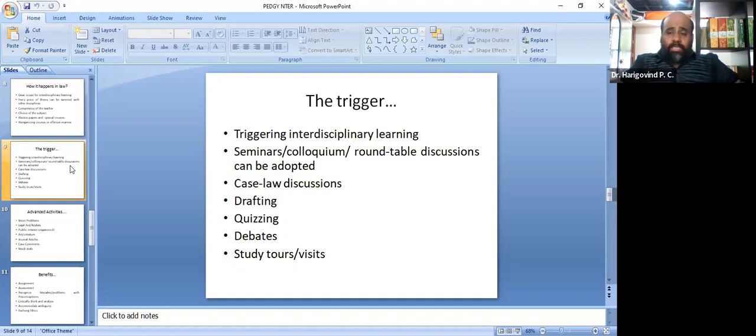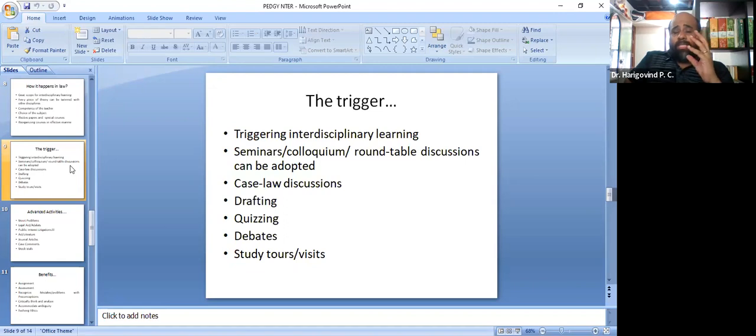Study tours and study visits can be very, very helpful. I will share my own experience. Once I was in a program like this, a teachers training program in Bangalore. We happened to visit the forensic science laboratory in Bangalore at that time, and we spent I think around 5 or 6 hours within that particular laboratory. But we got an opportunity to interact with some of the scientists and officers there, and they helped us to examine